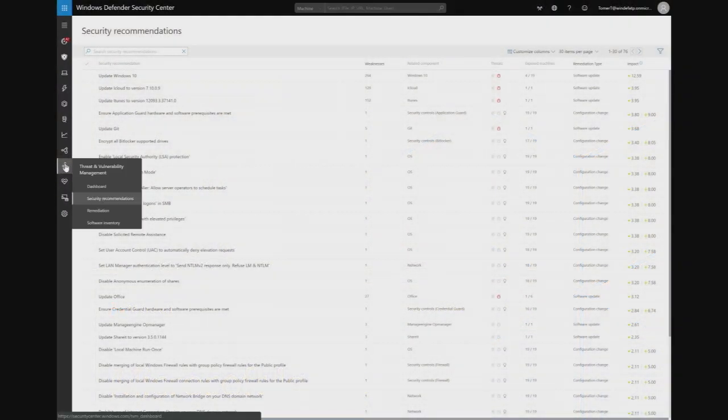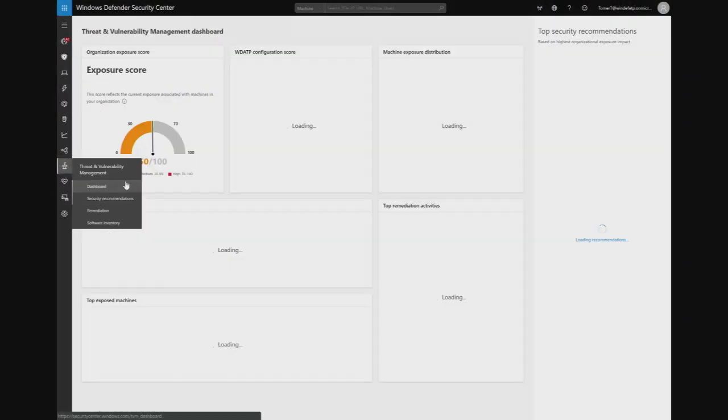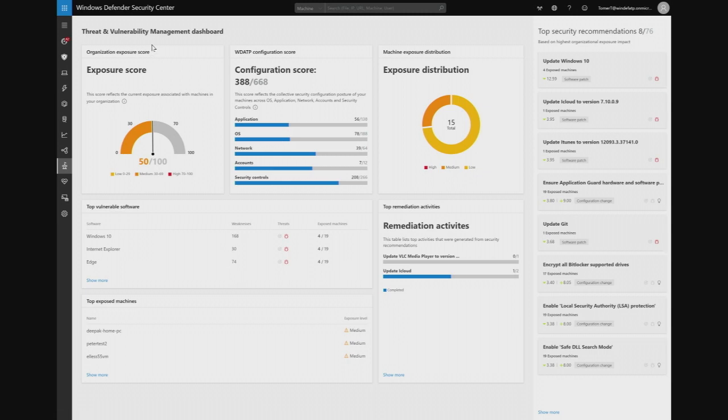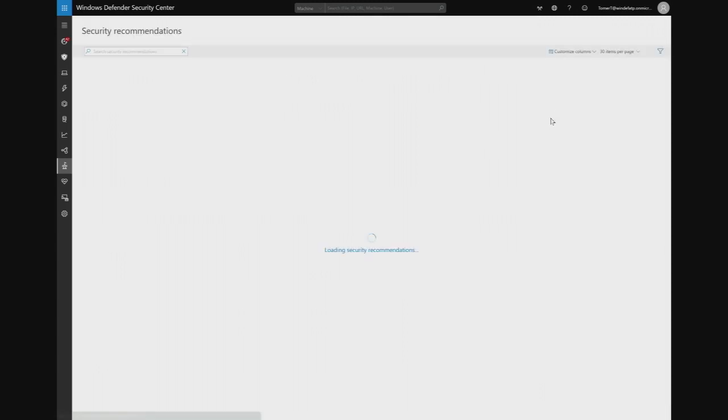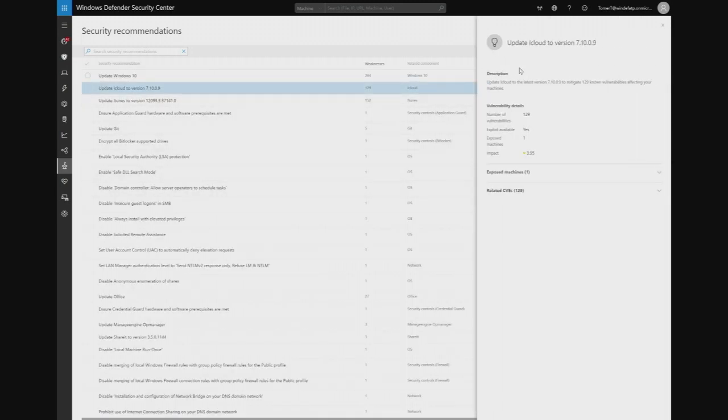So if we go back to the security monitoring page, we can go back to the dashboard. We can see the organization's current exposure score is 50, it's in medium, and you want to fix things. Let's say that the security admin in Contoso read about a critical vulnerability in iCloud. He sees that you have one machine that is exposed and you want to fix it. All you need to do right now, you can review the vulnerabilities, you can view the exposed machines. You can now